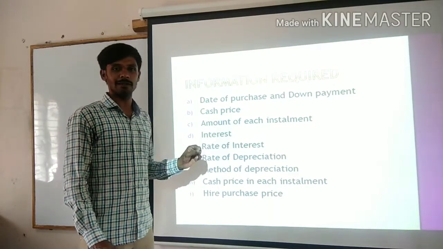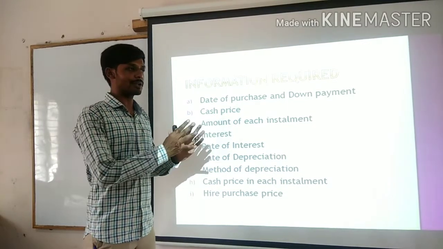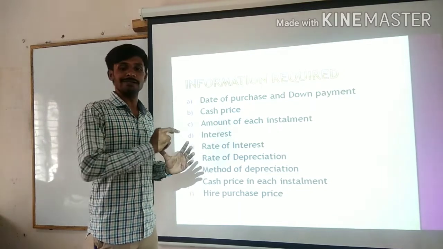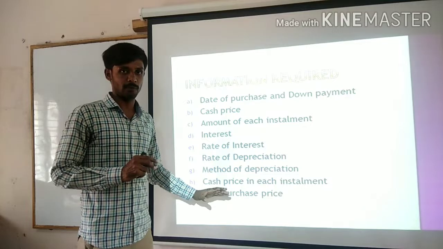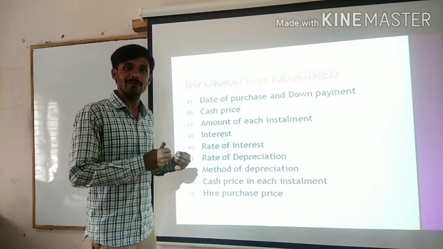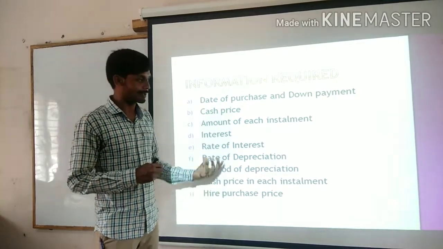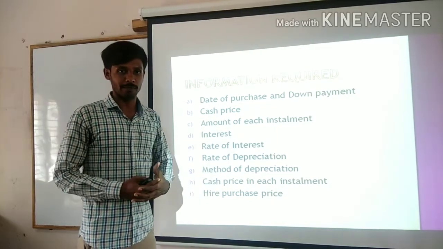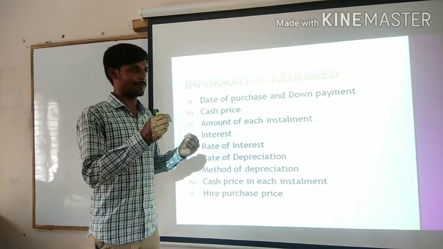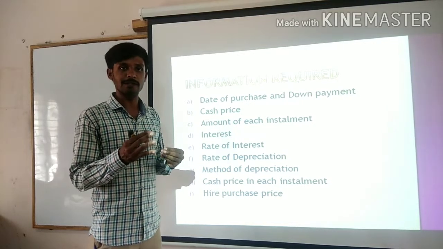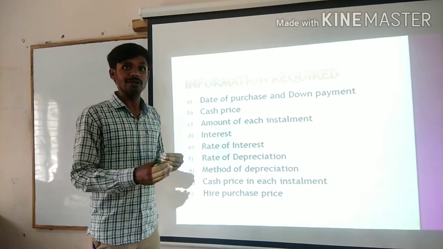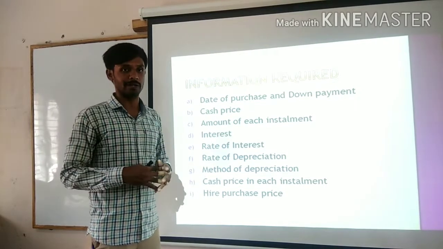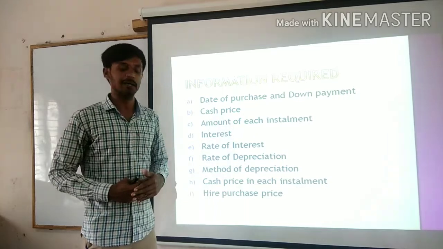What do you mean by straight line method? In the sense, we will consider the original cash price of the asset. We will deduct the scrap value and divide it by the estimated life. Then we will arrive at the depreciation value. That is the straight line method of calculating depreciation. Next method, the reducing balance method. That means in the first year, if you are charging the depreciation on the cash price, we will deduct the first year depreciation. Whatever value arrives, based on that we will calculate next year's depreciation. We will solve the practical problems relating to that.